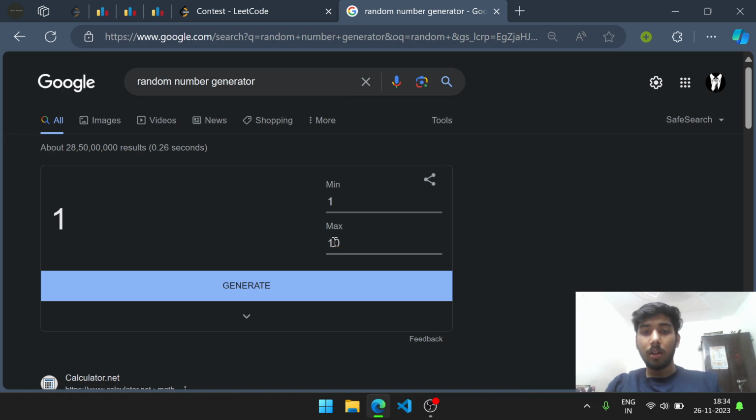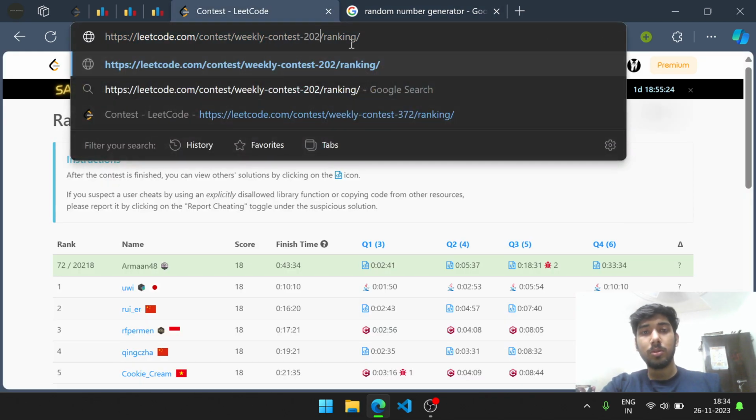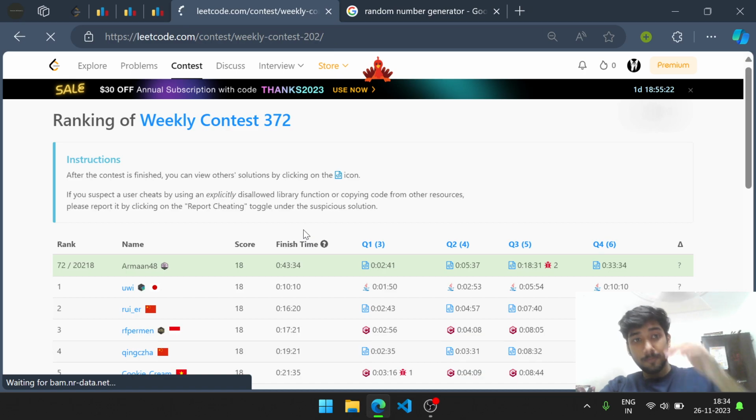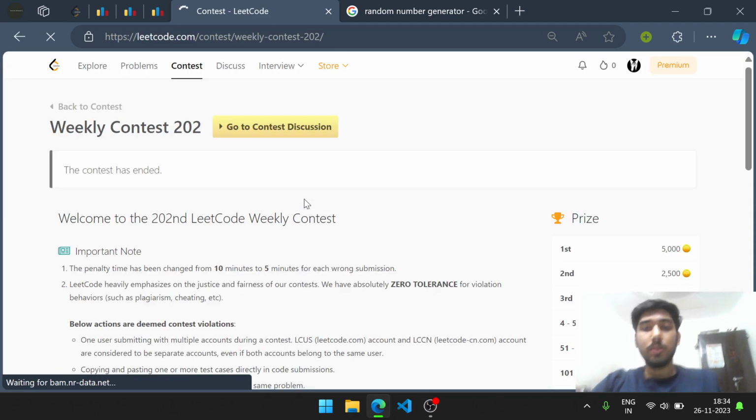आज हम लोग देंगे अनदर वीकली कॉन्टेस्ट का वर्चुअल कॉन्टेस्ट आई गेस। So let's find which number we will go for. So guess we are going for 202. Okay. So let's